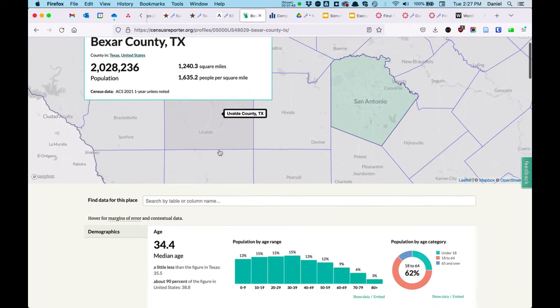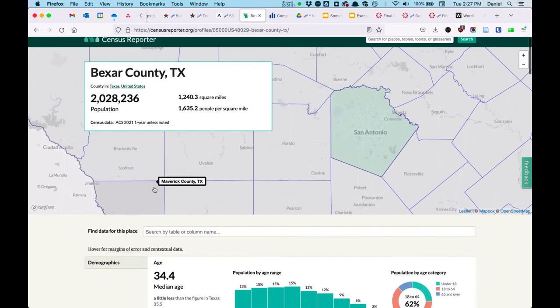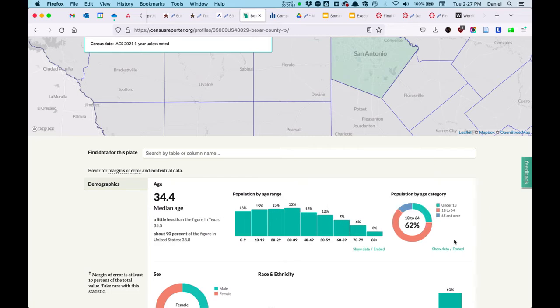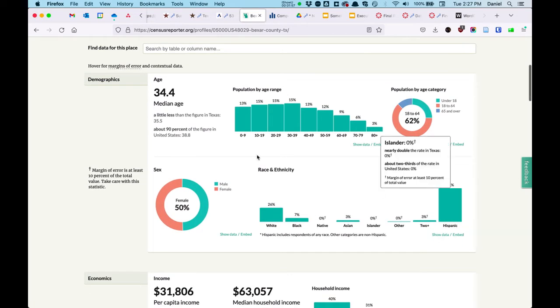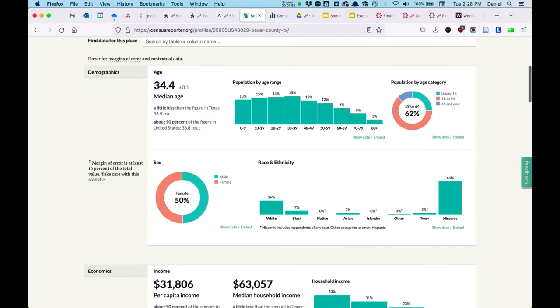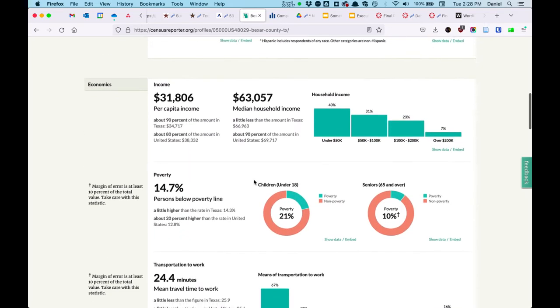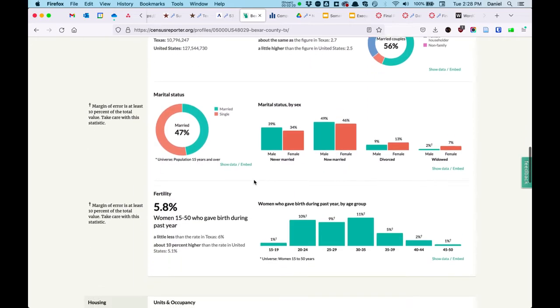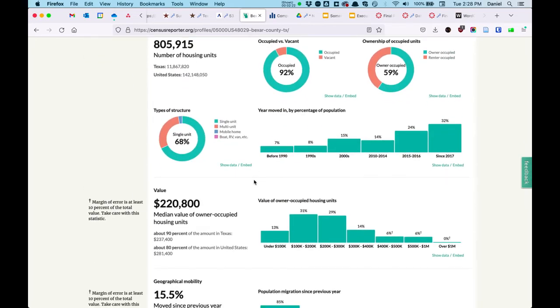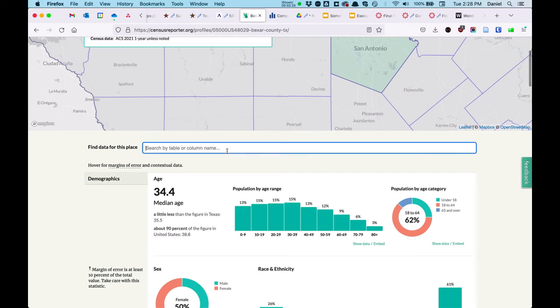This is going to give me the information about Bexar County that they think is most likely to be useful for you. So I can see that the median age is 34.4. And I can also see, which is really interesting, that in Texas, the median age is 35.5, and in the United States, the median age is 38.8. So that gives me some context. I've got demographics, I've got money, I've got families, I've got all these things that can be useful just by themselves. But I can also come here to search